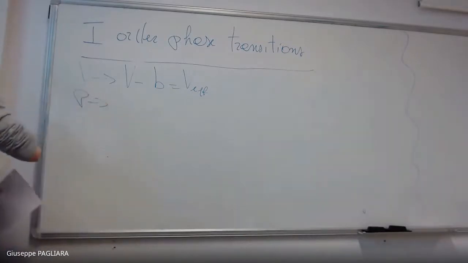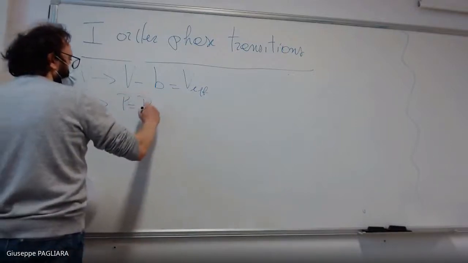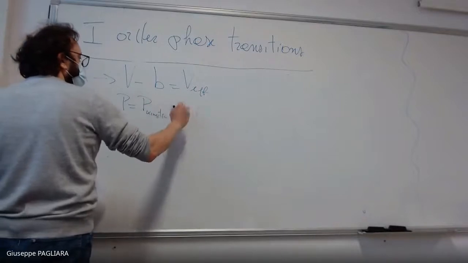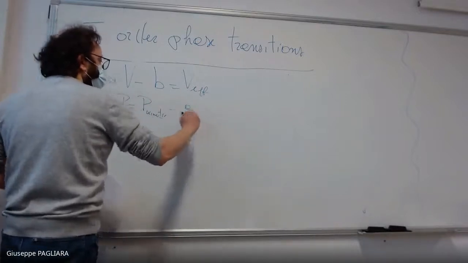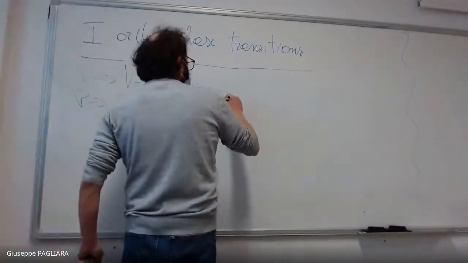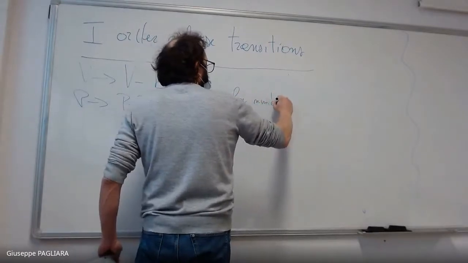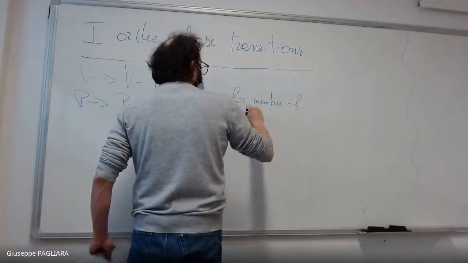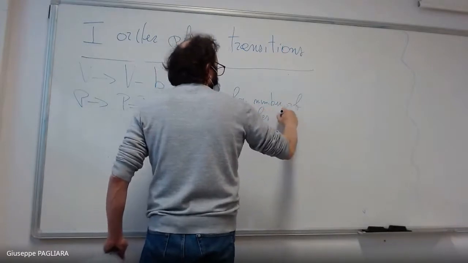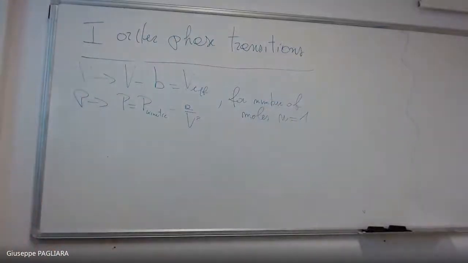We have to go from P to P equal to P kinetic minus A divided by volume squared. Now, the last hypothesis, for number of moles n equal to 1, is that the two things that we wrote here are connected in the same way as the ideal gas,